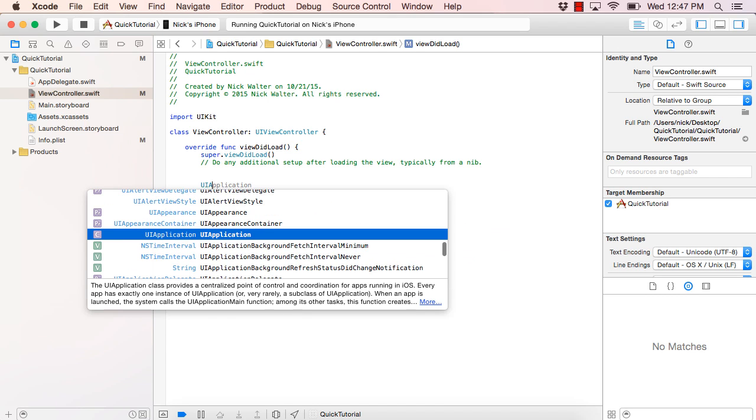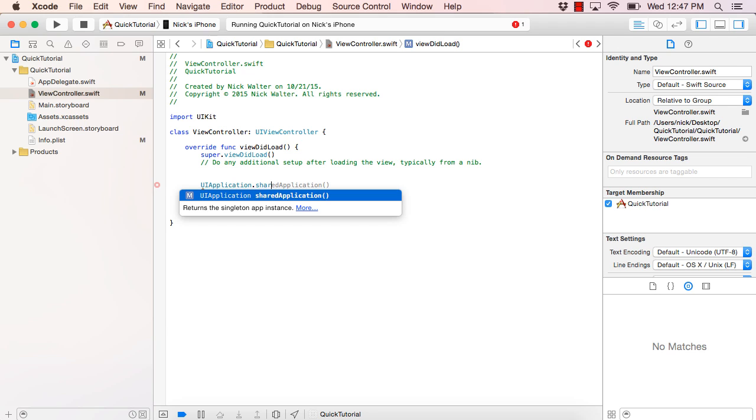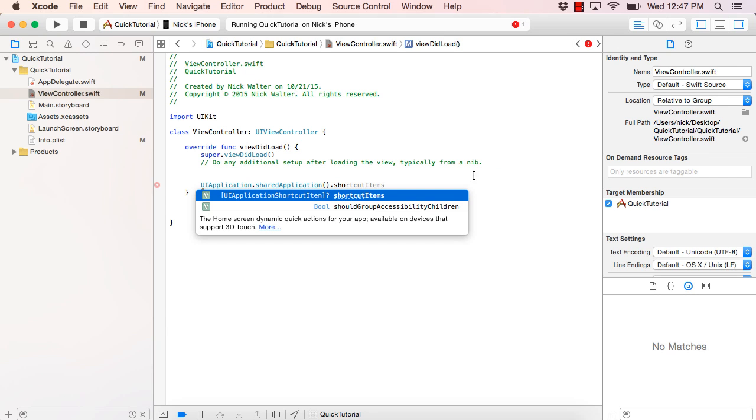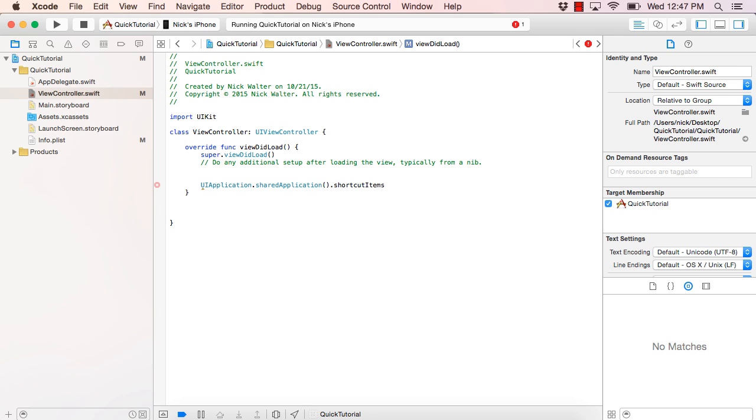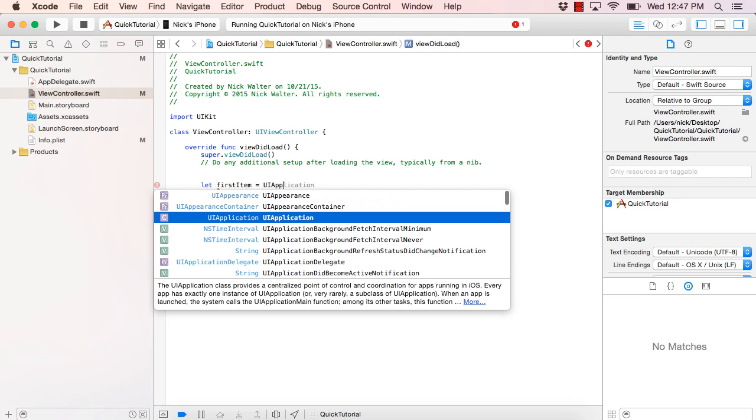Okay, so we're going to come here and say UI application dot shared application shortcut items, and you can see that it just wants an array of UI application shortcut items. All right, so eventually, once we have some, we're going to pass them into this little puppy here. So let's go ahead and make our first one. So we're going to say let first item be equal to a UI application